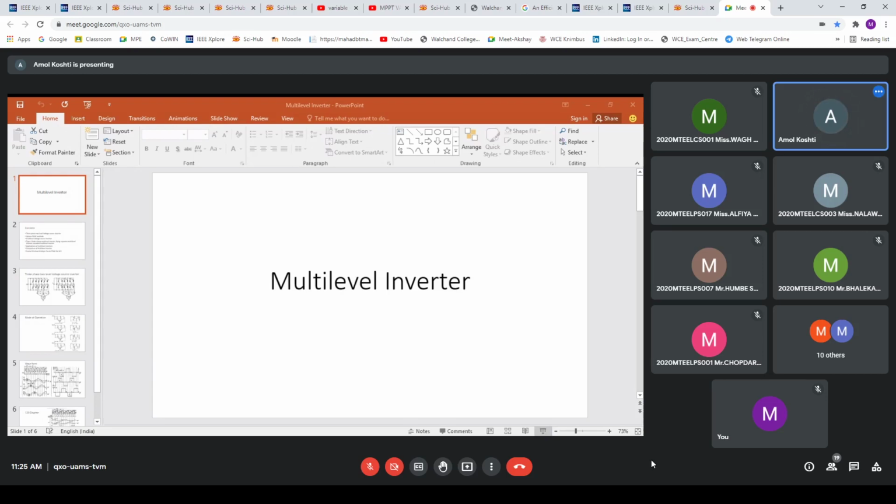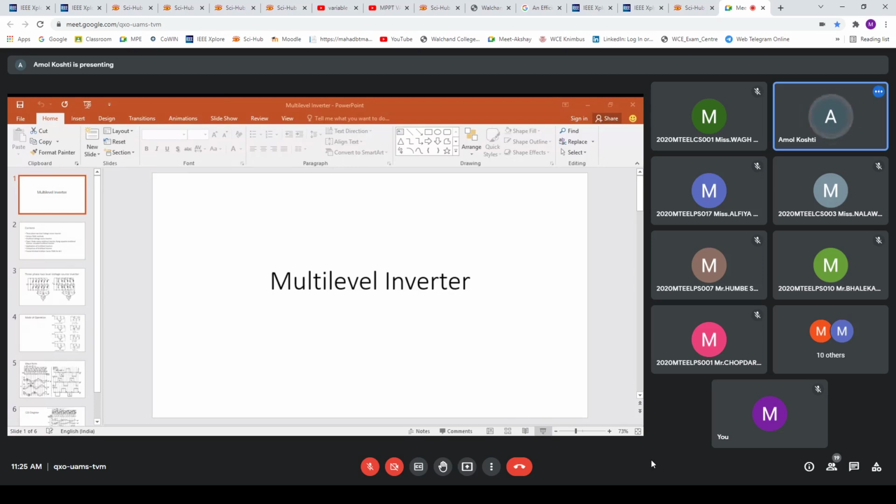We see how the waveforms are produced, what the switching sequence is, what the modes of operation are, and how the waveforms are produced. There are also different PWM techniques. These PWM techniques help us produce the pulses, we give these pulses to the switches, we operate the switches, and we produce the output. So this is the basic part.